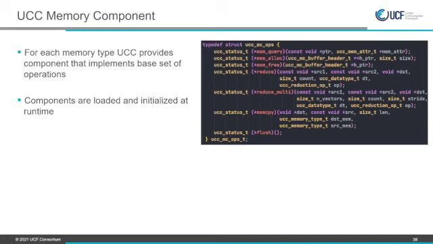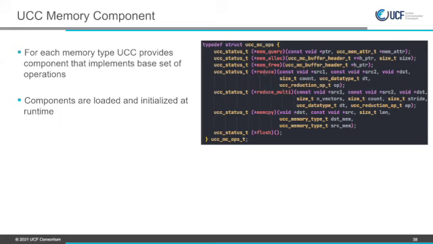Memory components are also responsible for the reduce operation. This reduce callback is different for different memory components. For example, for the CPU memory component, reduce is nothing but a simple host function.